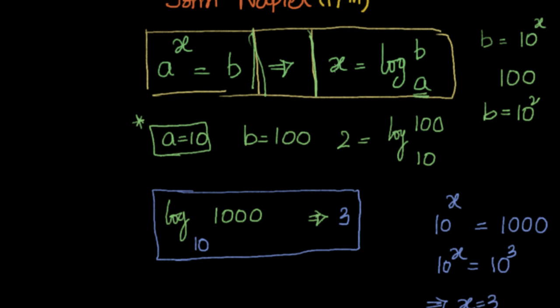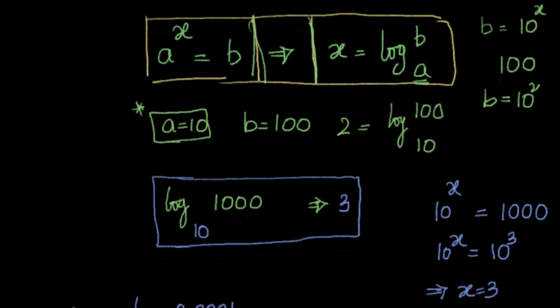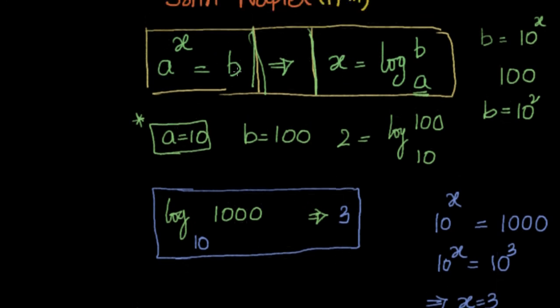So how is logarithm defined? Logarithm of a number, suppose say this is x here, right? Logarithm of b is x. Now how do I define it? I say the logarithm of a number is nothing but the exponent to which another number, the base, has to be raised so that the result is equal to the number. If it is confusing, we will see another way of remembering it, but just remember, if a power x equal to b, then x is equal to log of b to the base a, and a is always 10 by default.